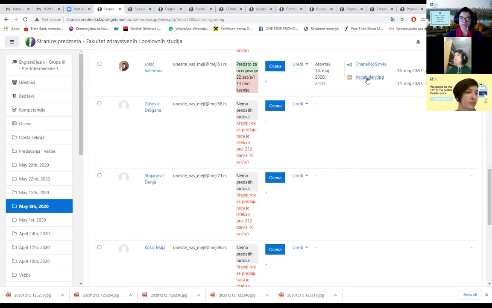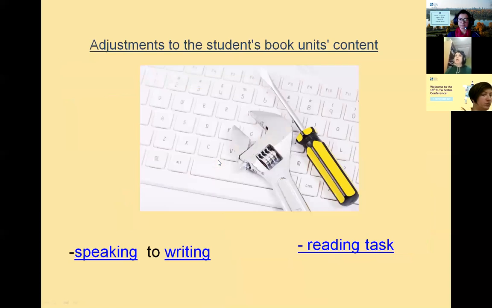This one was interesting because I wanted to show you that they had to record themselves and then upload recordings together with the Word document or whatever the homework was. Adjustment to the students' book units content, I have also already mentioned that. For example,